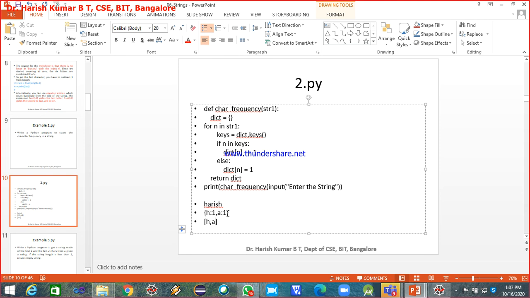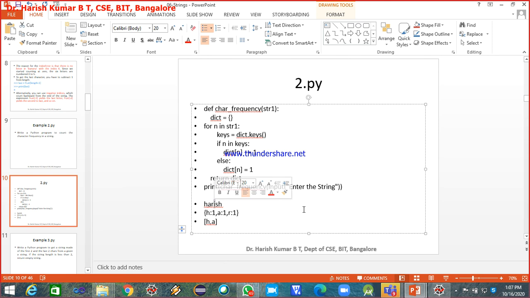Okay, so there are two keys right now in my dictionary, and the same thing I've built as a list of keys. H and A are the two keys right now. So then the next symbol which I've scanned is R. I'm checking if R is in keys, whether the key R exists in the keys list. No, it's not there. Again it comes to the else part. Now I'm adding the key R with the value 1 to the dictionary. R with 1.